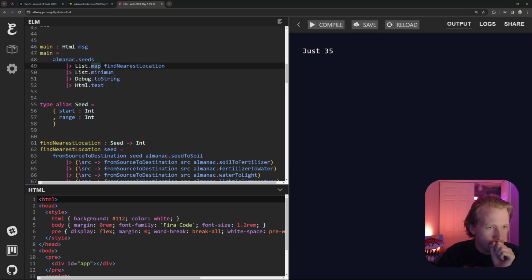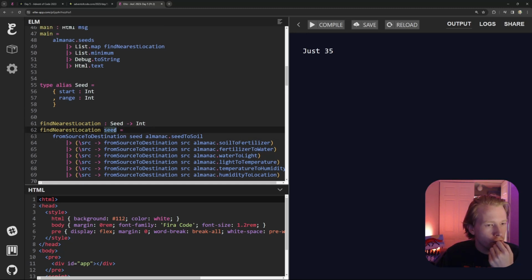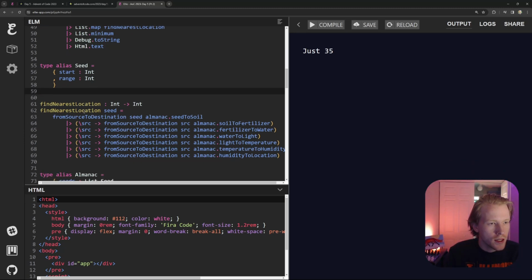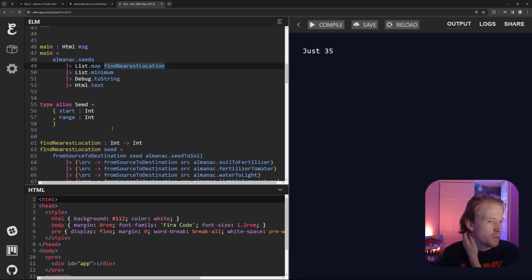So what I'm thinking is, for a given number, so for a seed number, seed, keep that as is. What we want to do is we want to have this function kind of run on a loop. So we'll come back to this, but